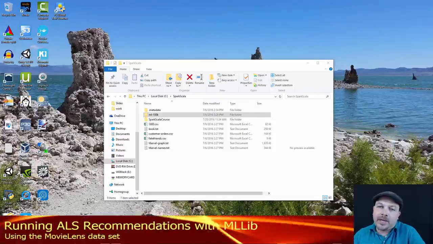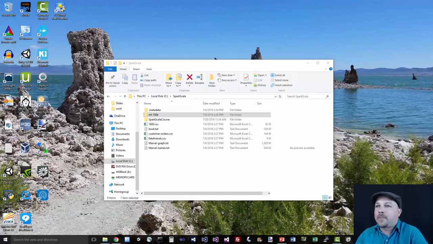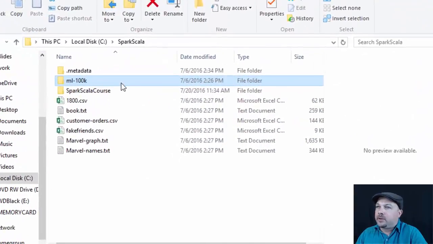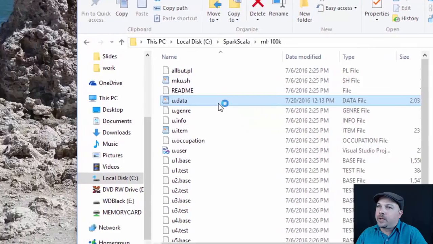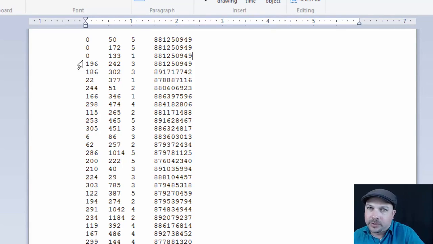All right, let's use MLLib to actually make some movie recommendations using the MovieLens 100K dataset. So the first thing I've done is I've modified the dataset a little bit. I've gone into the u.data file and added 3 entries for a fictitious user. And what these ratings mean, basically, is that I've created a new user ID 0, which is going to represent